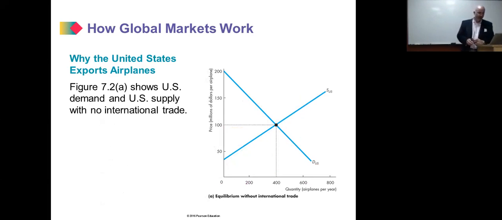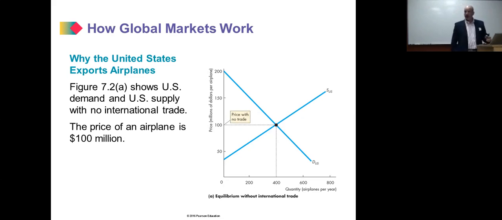Okay, why the United States exports airplanes. So now figure 7.2a. Here we have the US demand and US supply. And again, at first, we're going to illustrate using no international trade. So again, the US domestic demand curve is D subscript US. The US domestic supply curve is S subscript US. And the domestic supply and demand is going to determine a price of $100